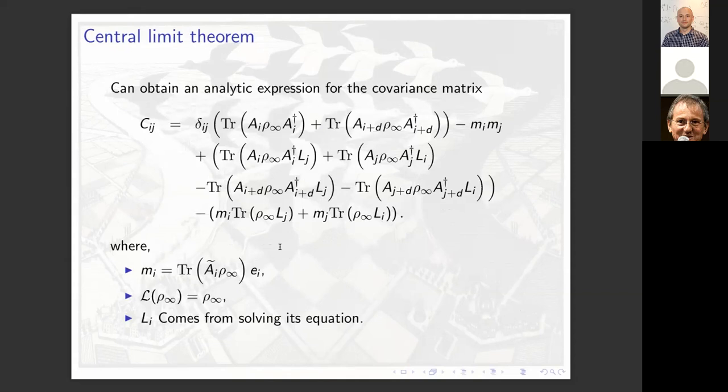So in principle, we've shown that our random process that we began with satisfies the necessary conditions, the conditions set out for the central limit theorem. And by doing some fancy algebraic footwork, you can show that the covariance matrix is given by this expression here. And so basically, the coin operators you should have already. The steady state you can solve for. The m's we know how to find. The l's we also know how to find. Okay, so that is very good news for us.